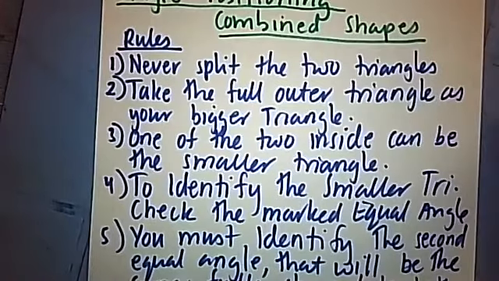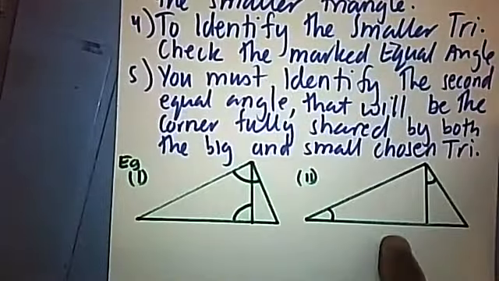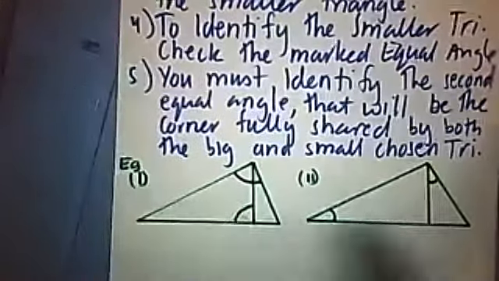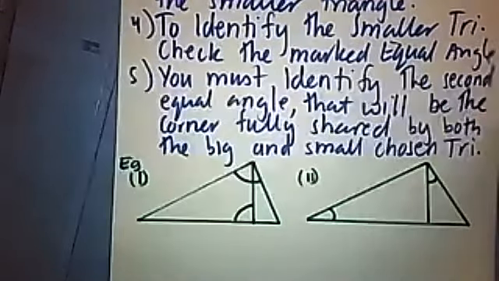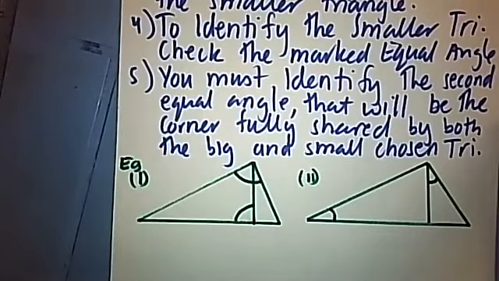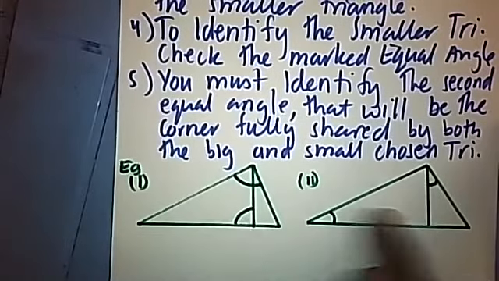Now, when we have angle positioning, I've got an example down here. We have two shapes which are combined like this. There are some technicalities which we must follow in order for you to be able to separate the two in a proper way. Now, the way to do the separation of the triangle,